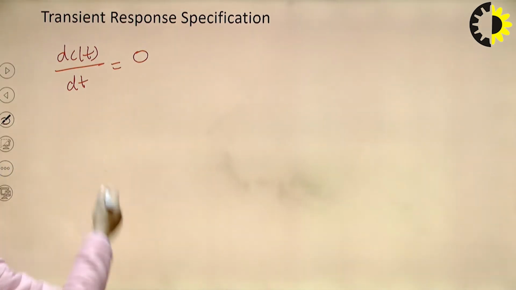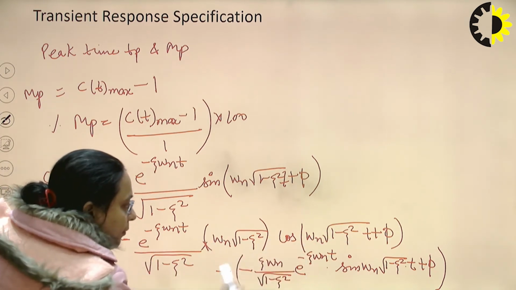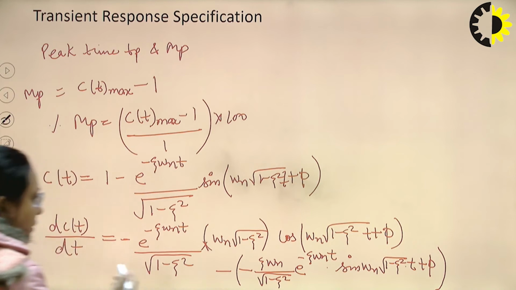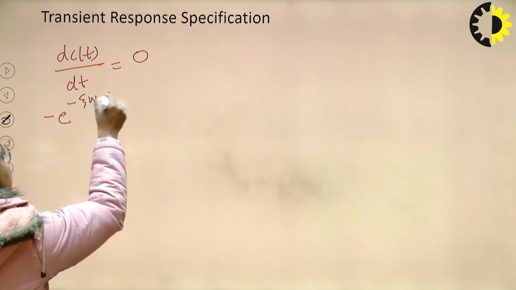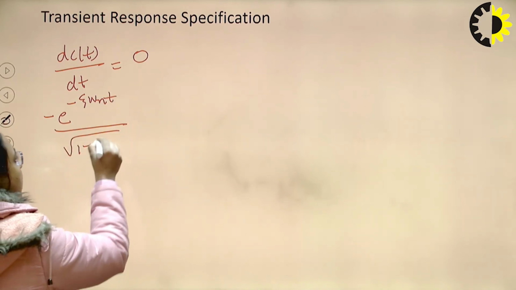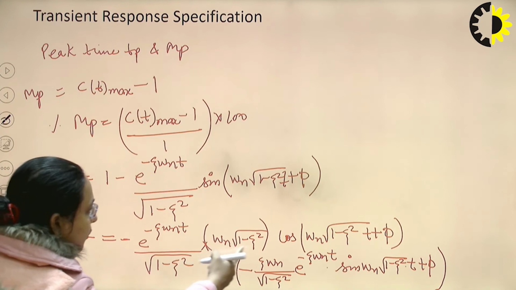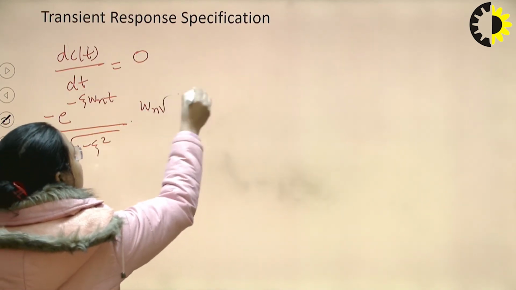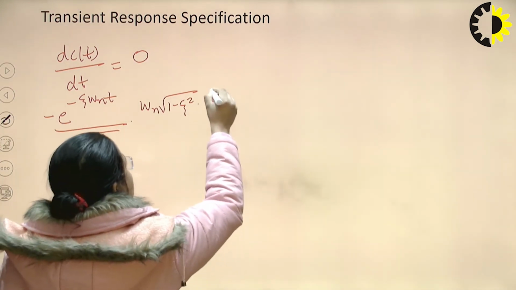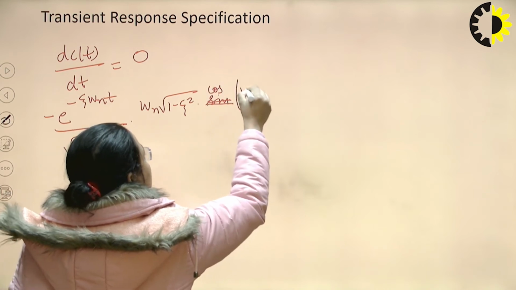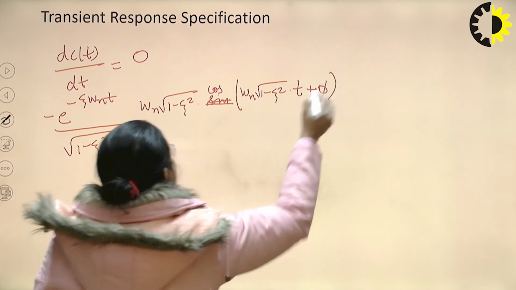That means from the previous equation, we can rewrite it as minus of e raised to the power minus zeta omega n t upon under root 1 minus zeta square into omega n under root 1 minus zeta square into cos of omega n under root 1 minus zeta square into t plus phi,